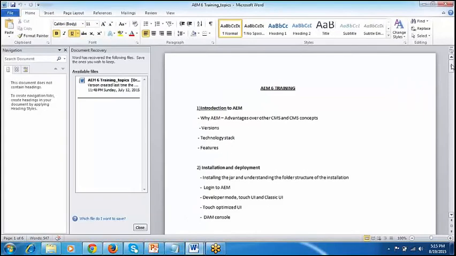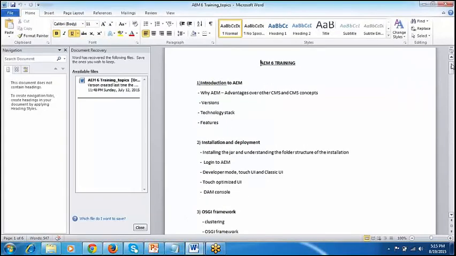Topic list. So basically, this is going to be around 40 hours of training for the developer. With this, what you're going to do is, introduction to AEM. This is the first thing that I'm going to start with when we start the classes. We are going to see the different versions of AEM, what the enhancements were in each version, what the current version is, and all that information.